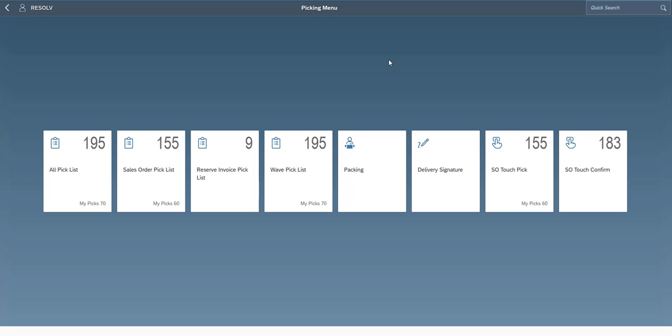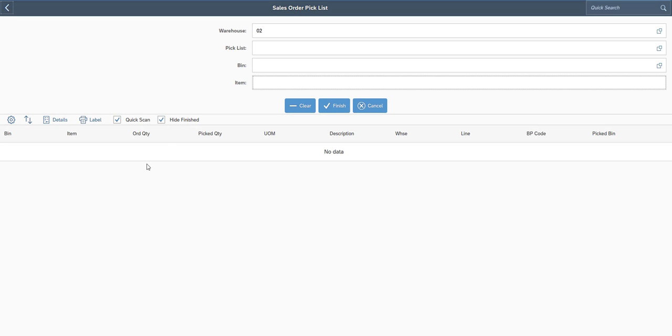So those are it for the actual settings, where you can turn something on and off and that sort of thing. The next group of preferences that you can set up are actually specific to the screens that you're working in. So if I go to the sales order pick list screen and I come up here to my pick list lookup,